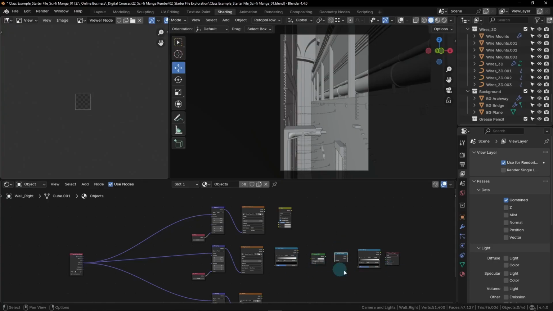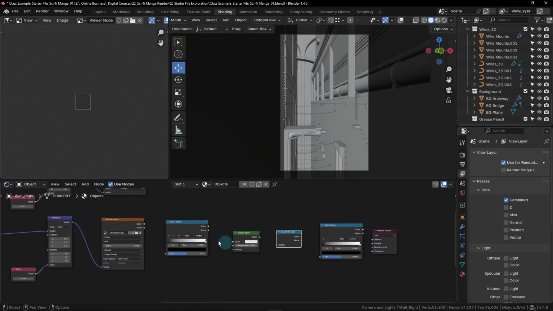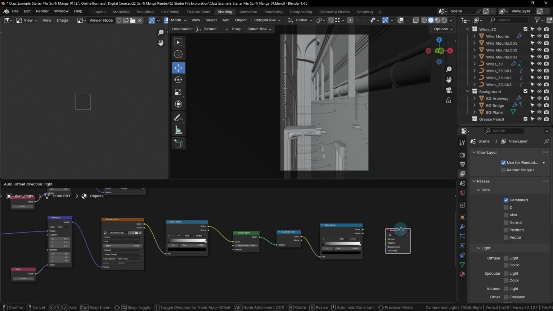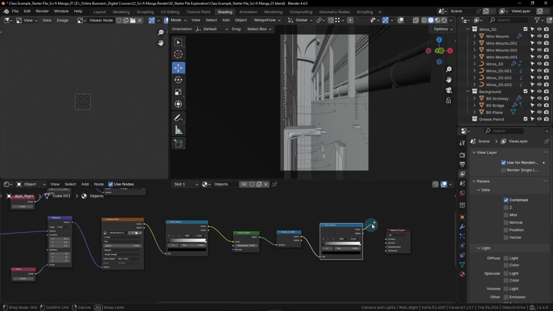With these new nodes added, let's zoom in here and let's get them all connected. So we're going to drag from here, this top color socket, down to the factor socket here, again from the color socket to the color socket on this diffuse. Then we'll drag from this BSDF to the shader socket found here at the bottom. And then another time, we're going to go color to factor. Then we can move this over a little bit to make a bit more room. We're going to plug in the color to the surface, which is the very top socket here on the material